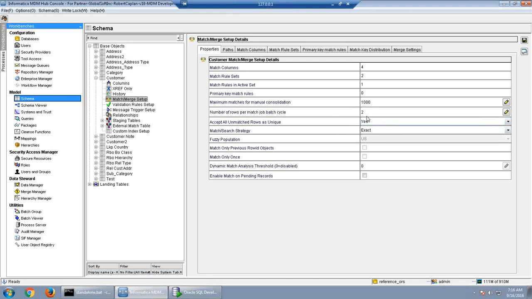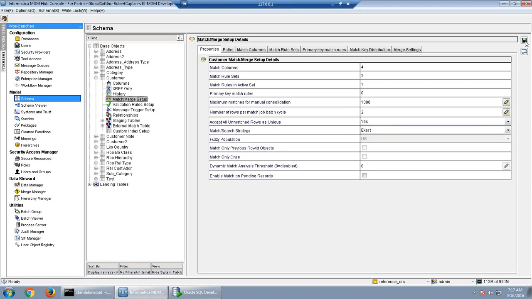Later on you may ask what will happen if some duplicate records come at a later point of time. That is fine. Once the duplicate record comes, it will get merged into the existing record. We'll discuss those merge scenarios later, when we go to the merge settings. I will show you how to merge the records and which record will be the surviving one, all those things. So if you set this property, it will change the consolidation indicator value to 1.